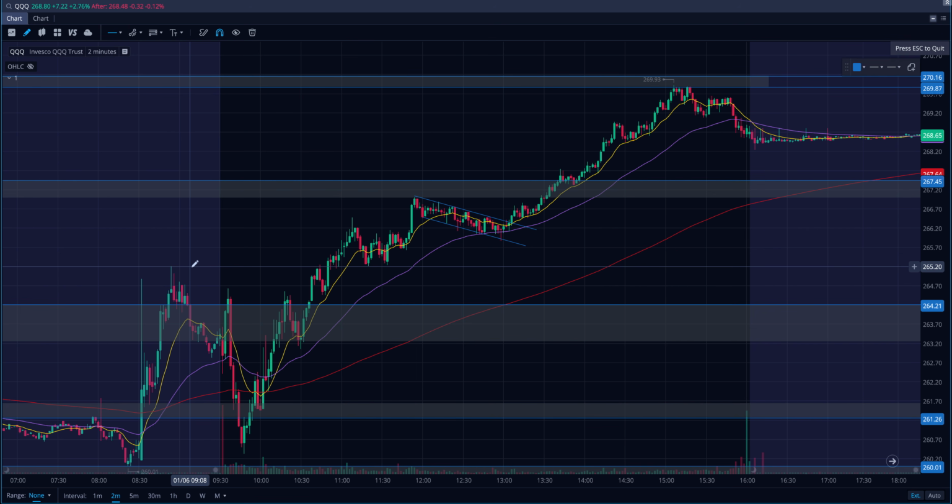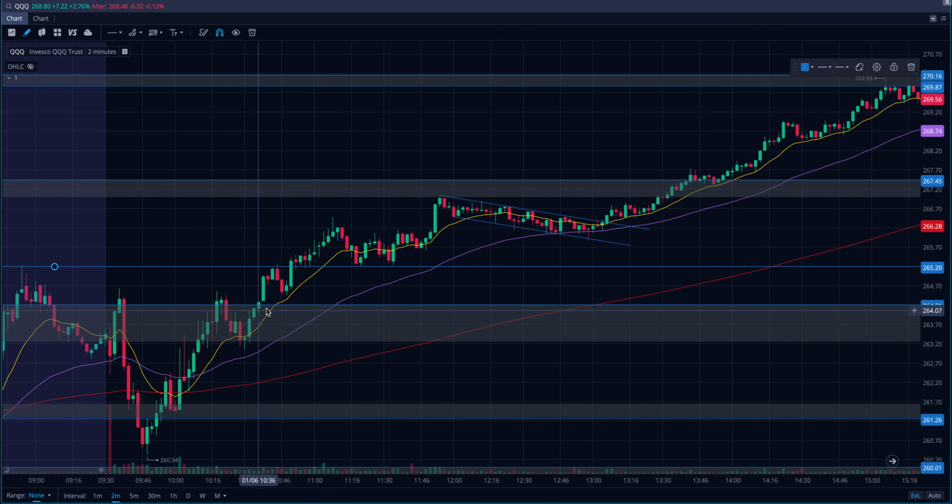Here's the pre-market high. As it breaks, it gets respected perfectly. Just adds to the bullish thesis that, okay, you're only looking to buy dips today. You're not looking to short any pops. As soon as we break above the previous day's high, we break above the pre-market high, and then we get some nice momentum going. As it breaks above the pre-market high, the previous day high, and pulls back to the 13 EMA, let's see,